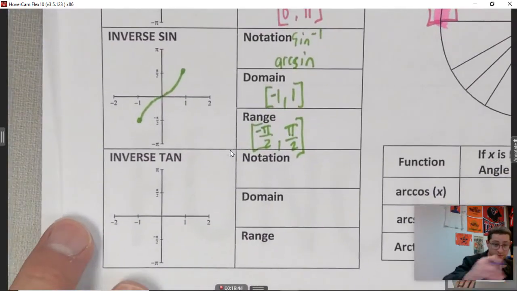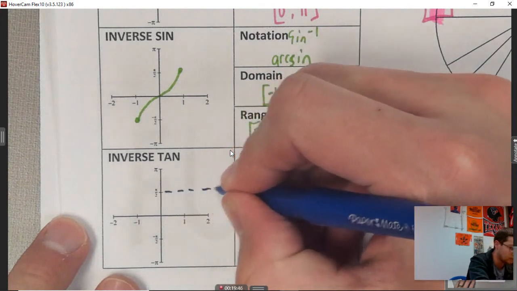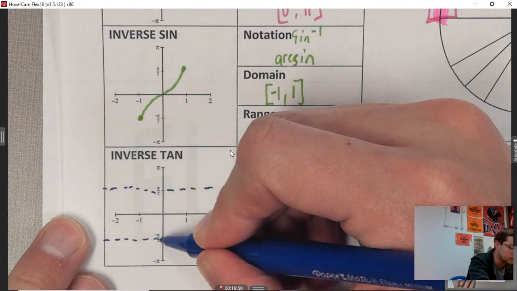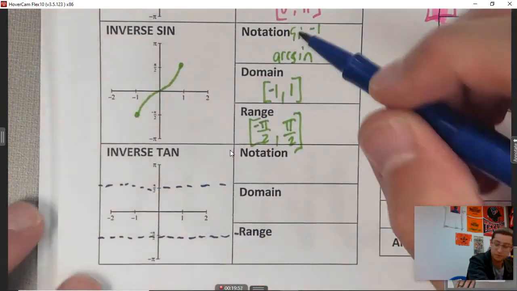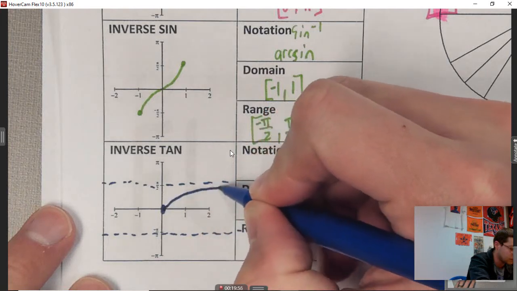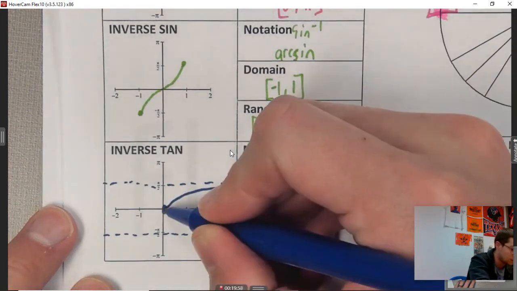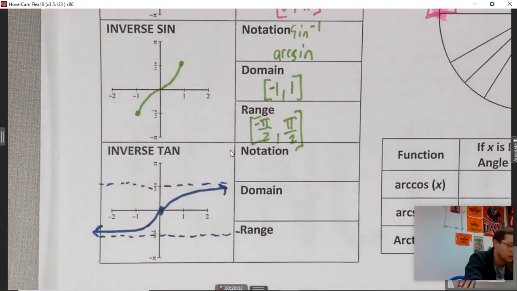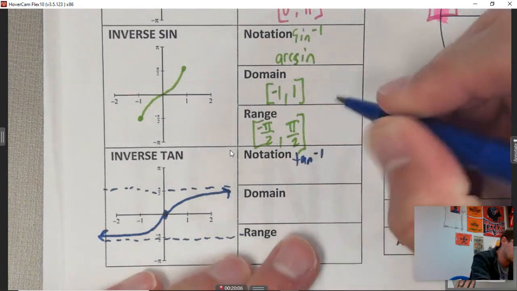asymptotes, actually. So the top one has an asymptote at pi/2, and then an asymptote at -pi/2. And your tangent graph looks like that. Arctangent graph, that is. Notation: tan inverse,